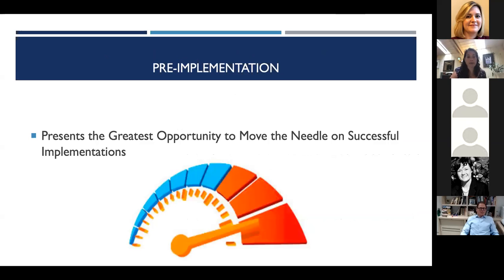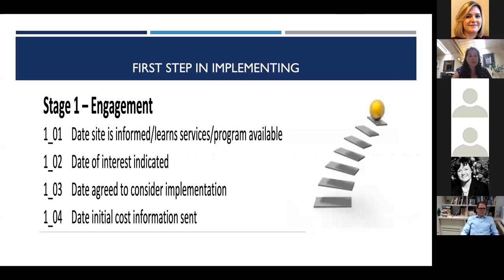But I'm going to focus on pre-implementation because I believe that that presents the greatest opportunity for us to be able to move the needle on successful implementations. So I'm going to take you through what, from those universal items that I was mentioning, what those pre-implementation activities are and why it is that I believe that this is where we really want to put our efforts. So they're, again, not rocket science, very easy engagement activities around establishing engagement between the developer or purveyor group and the clinic, hospital setting, whatever, the provider that's interested in the evidence-based practice. So there's a series of engagement activities that one goes through.